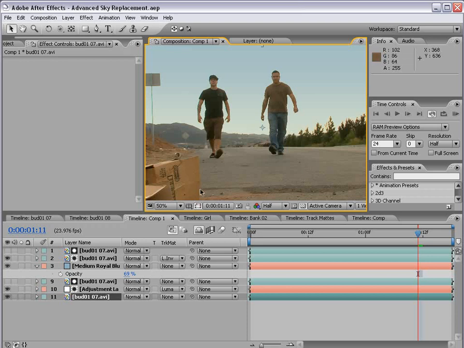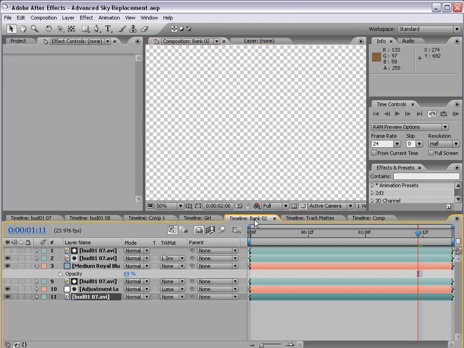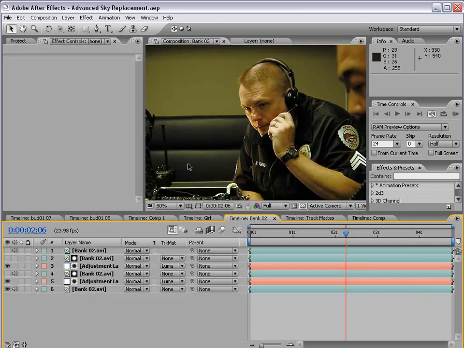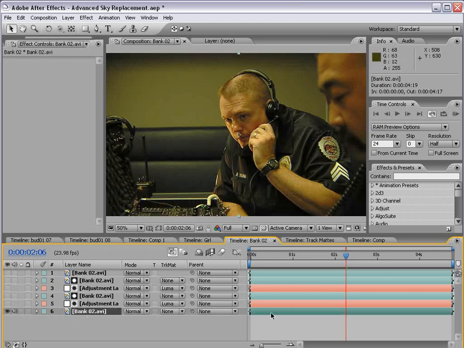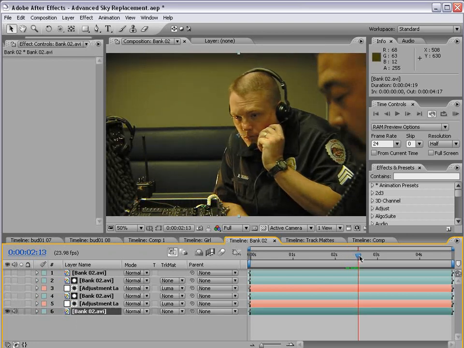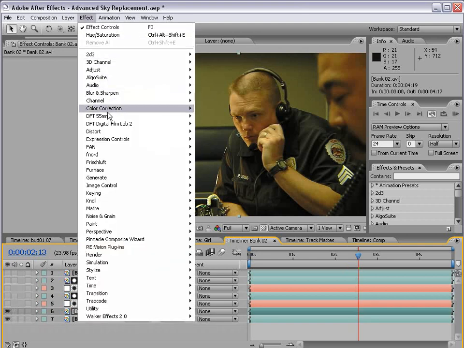Now, another great example of using this matte is color correction. And let me just try to show you this really quick. I know we're running out of time here, but here's some footage of just a little film I was working on, and these guys are in a command center, and the shot looks nice. We didn't have a lot of room in there, so we didn't have a lot of lighting, but if we duplicate this footage and we apply our Colorama effect,